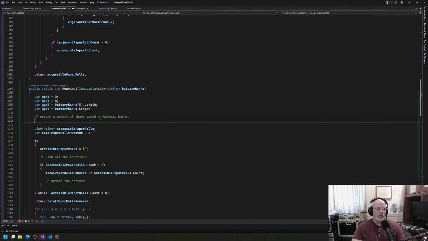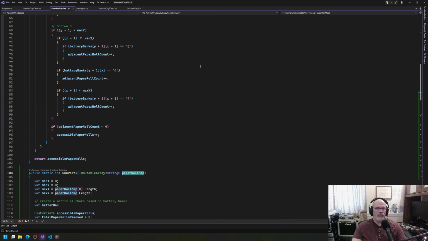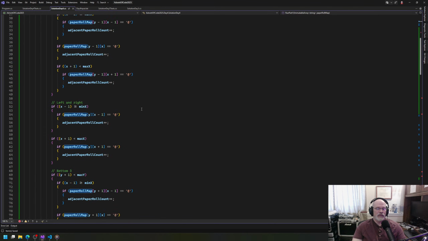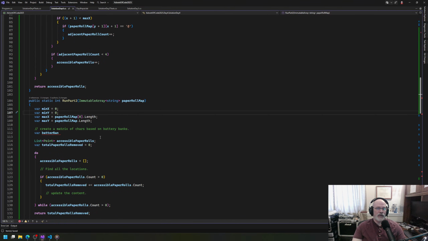So what we want is var battery bank. Oh, wait a minute. These aren't batteries. We can just say this is a map. It's just a map. We could call it a paper roll map. And I should change it up here just because the name, I copied it from the previous problem. Let's use something that's a little bit more... Naming is important. So we want to have paper roll